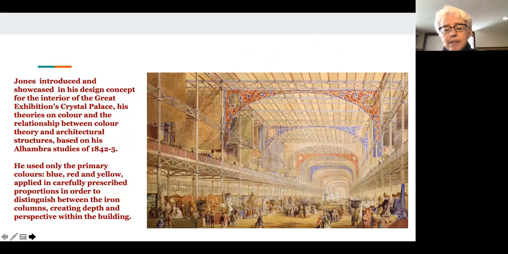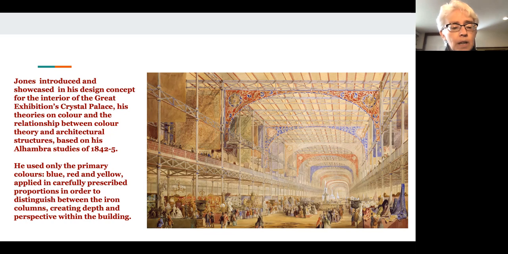So here we go. This is a watercolor of the interior of the Crystal Palace. And you can see the polychromy here, the colorful design. This is an enormous greenhouse type thing. It was designed and built so that it could be easily erected and then easily deconstructed at the end of the exhibition. And Jones was invited to put into practice his theories of color and architectural studies, based on his